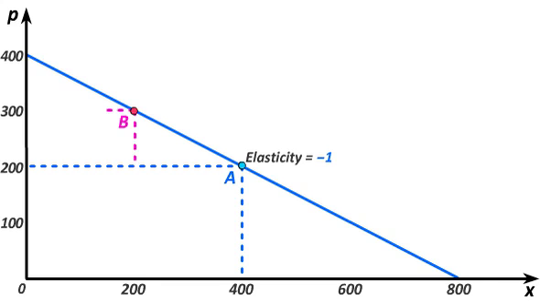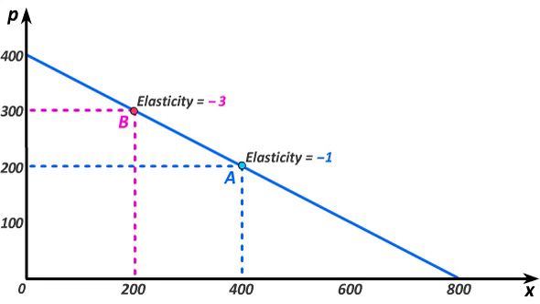At point B, on the other hand, the price elasticity of demand is equal to -3. To see this, consider again a 1% increase in the price. That would take price from 300 to 303. This implies a drop in quantity from 200 to 194, which is a 3% change. Thus, the price elasticity, which is the percentage change in quantity from a 1% change in price, is equal to